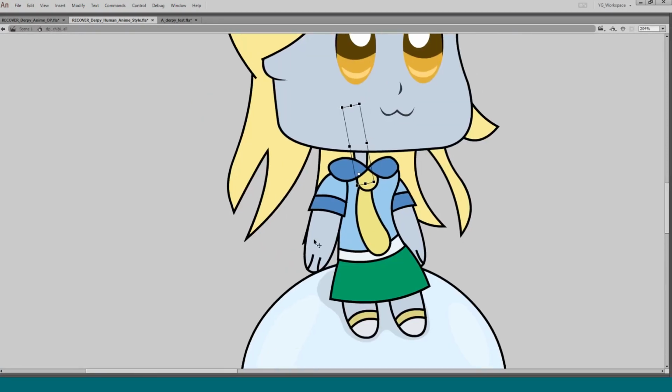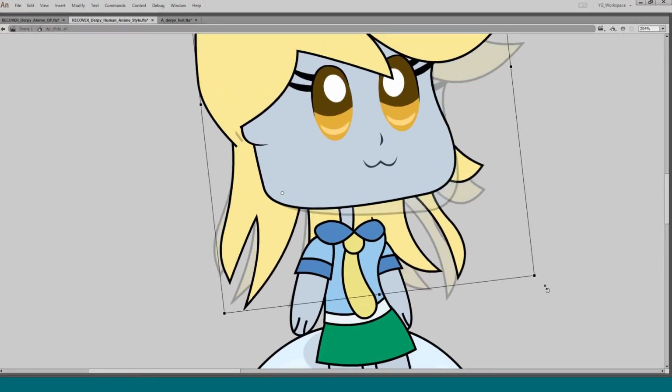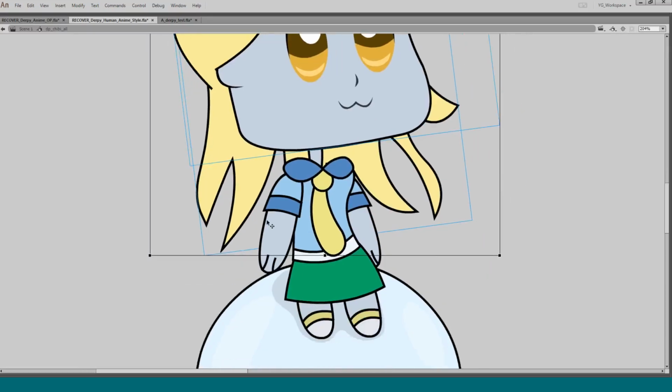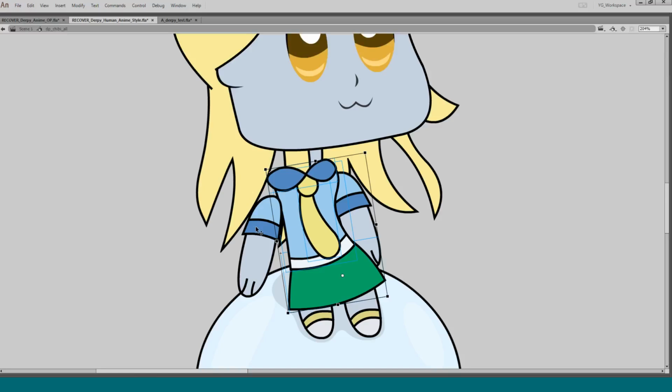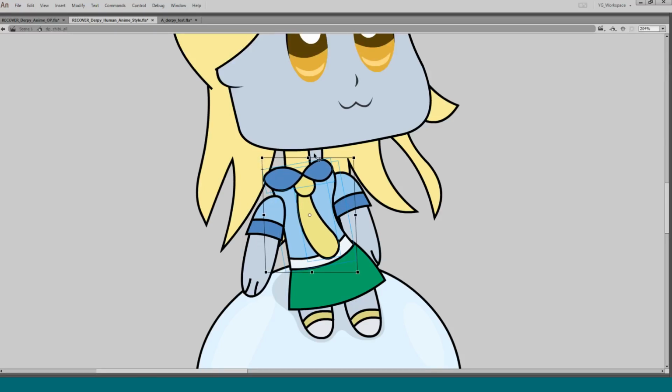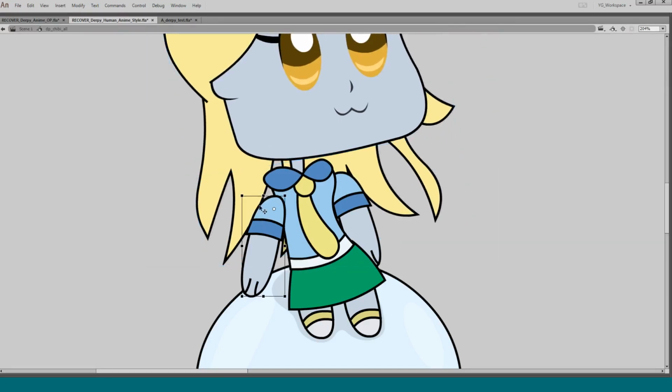And I wanted there to be her kind of looking up and have her hand there. Okay. So now I'm just kind of posing it and seeing just how many symbols I made. Wow. Okay. Might try and skew some of these. Find her neck. So I'm just kind of posing it to see what kind of angles and stuff I want to put her at.